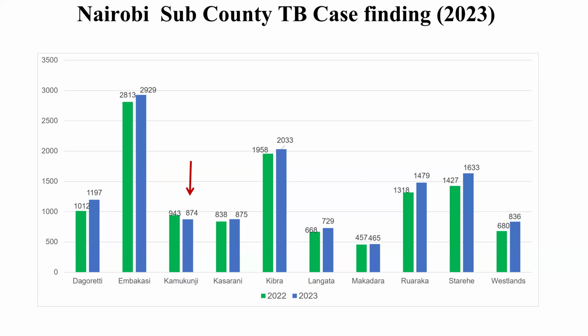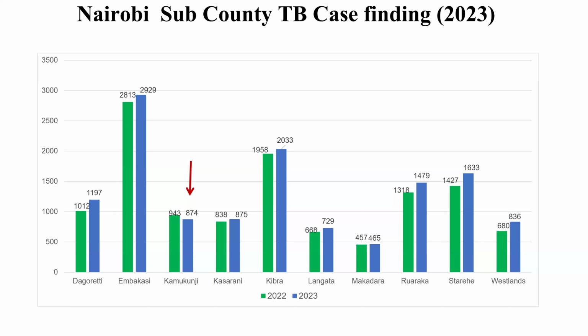And then Kibra, which is also where Kenyatta is, I think, is the second most reporting cases because of the slums and the population within Kibra. And Embakasi, you can still compare those areas of Embakasi and those areas like Kayole and the other ones. So the slums are contributing to the high numbers. And Langata, you can see 668 and 729. Makadara, 457, 468. As the lifestyle of the people living in that area goes up, the cases of TB are bound to come down. But in the slums, because of housing, nutritional issues, and many other factors, you can see